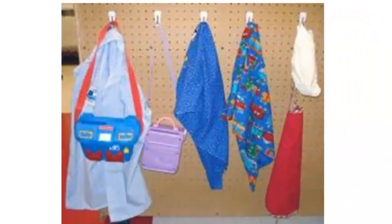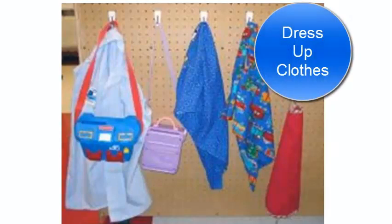So here you can see some of the dress-up clothes that are in my dramatic play center, and I obviously don't have any fancy dress-up stand. I don't think it's necessary. I just stuck some 3M hooks on the back of a cabinet that was in the dramatic play area, and on those hooks I hung some very simple things, some purses that I got from thrift stores, an apron from the craft store, some vests, and that blue shirt there on the left is a United States Post Office shirt